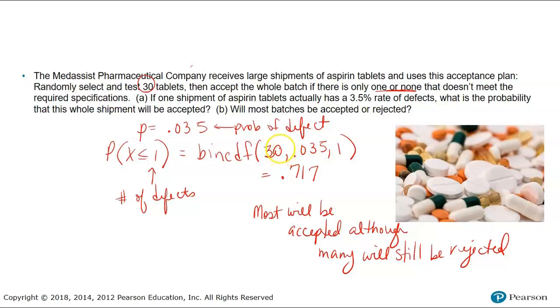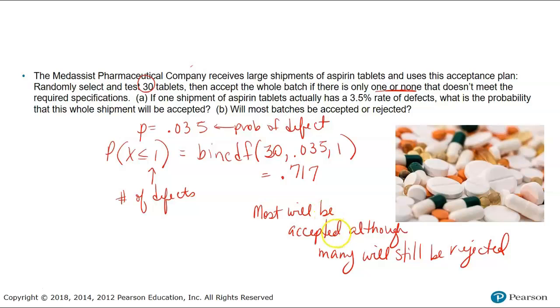We're looking at a group of 30, and they have a probability of being defective, which is 0.035. And then if this is 1, then this is going to need to be 1 here. So we end up with this as the probability. So the probability that there is either one or none out of a batch that's defective is